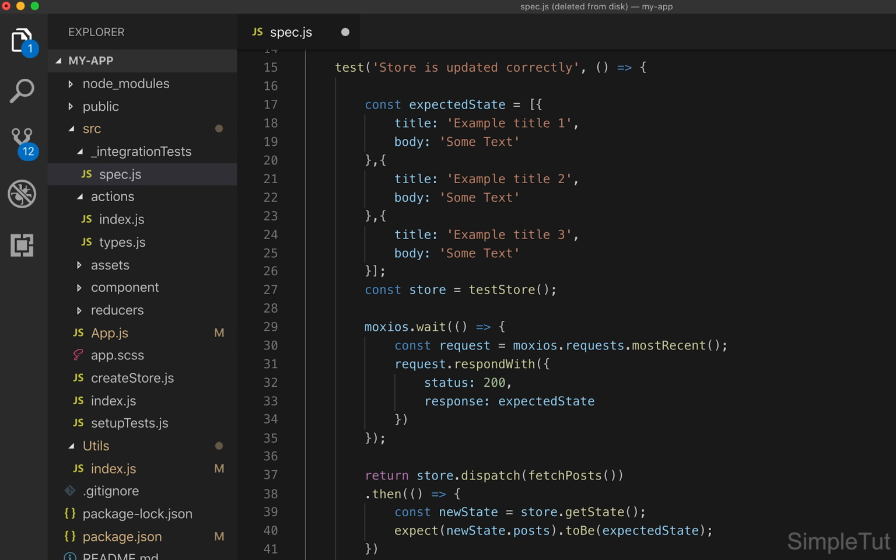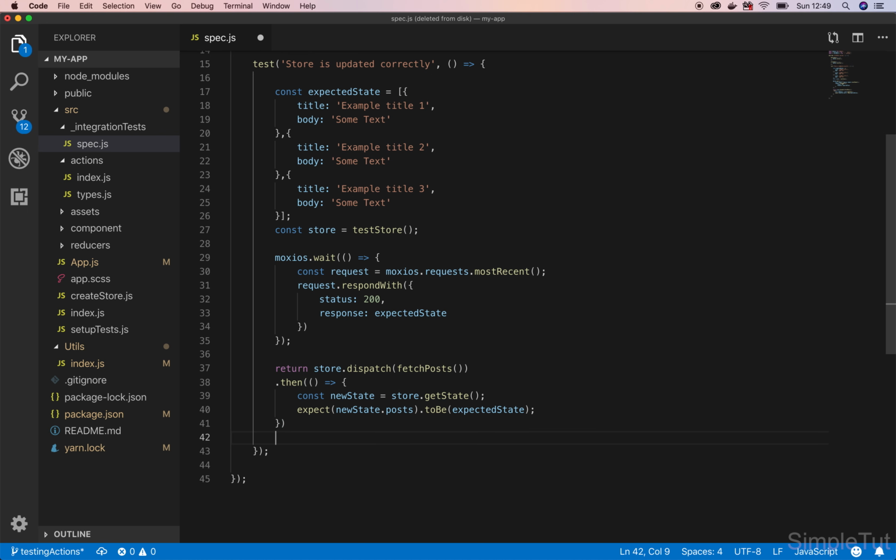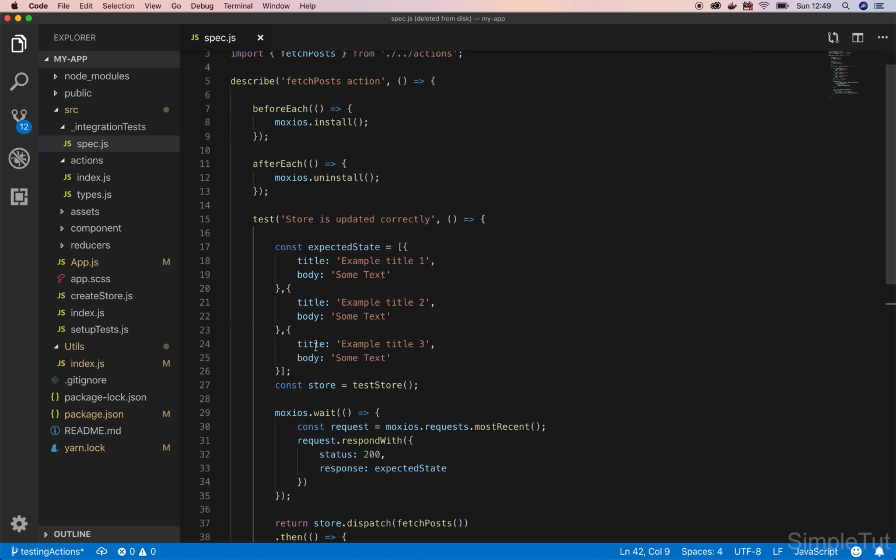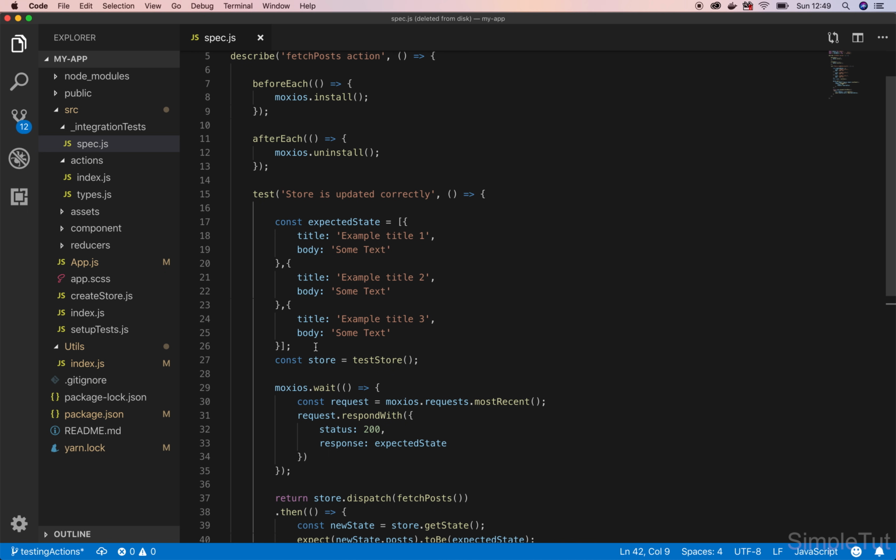Okay, so let's just clean this up. There's a few extra spaces here. Let's just clean that up. That's looking good. And at this point, I'm just going to congratulate you guys because you have written your first integration